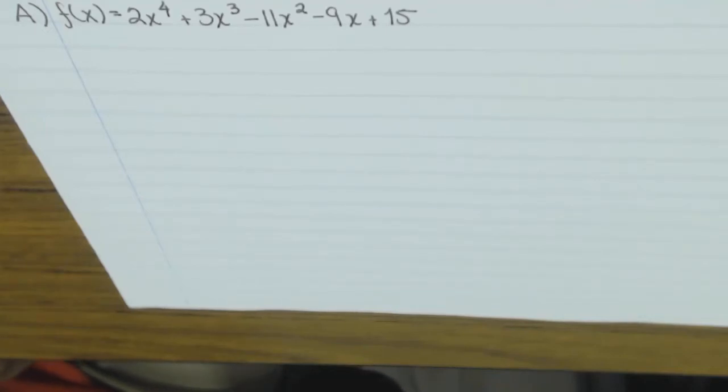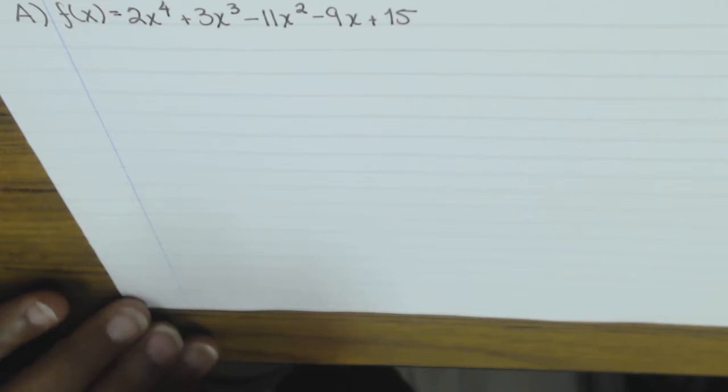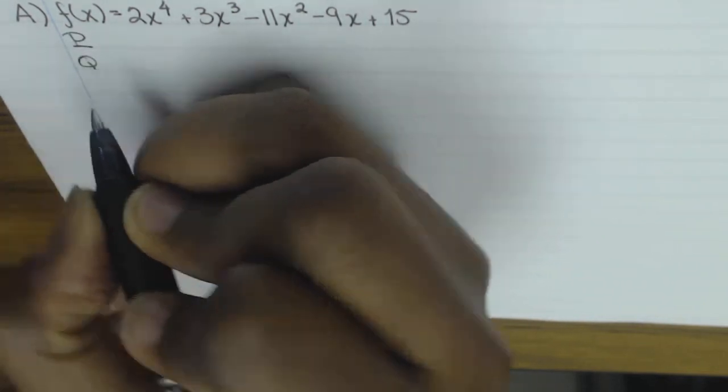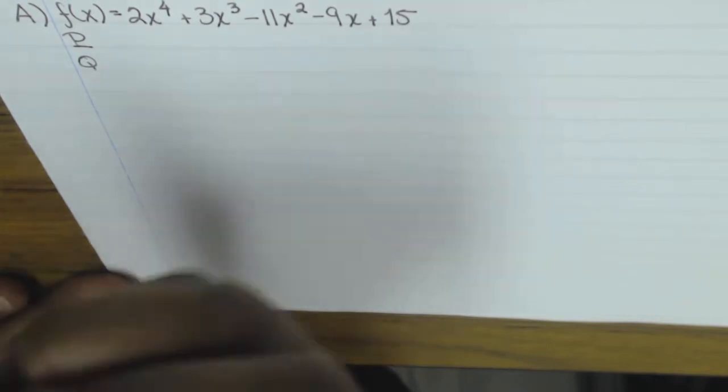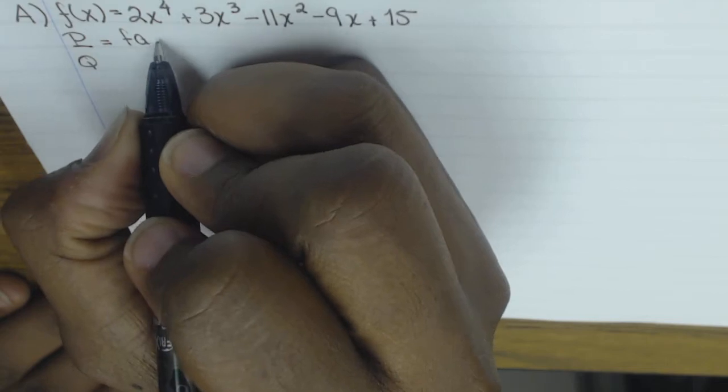The question reads, determine possible rational zeros by the rational zero theorem, and then test each one to find all rational zeros. The rational zero theorem we often denote as P over Q is equal to factors